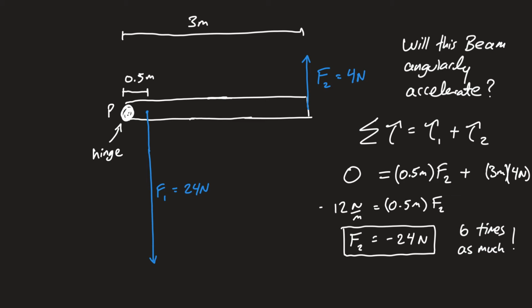Think about it. Look at how far away force 2 is compared to force 1. Force 2 is 6 times as far away, so it can be 6 times less in terms of its strength, whereas force 1 is 6 times closer, so its force must be 6 times as great in order for everything to balance out. So it doesn't rotate at all. All right. Now,